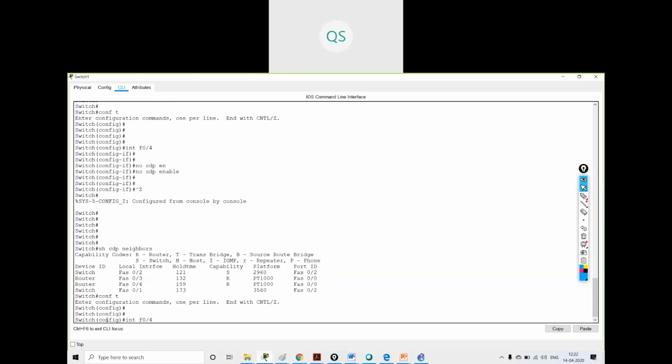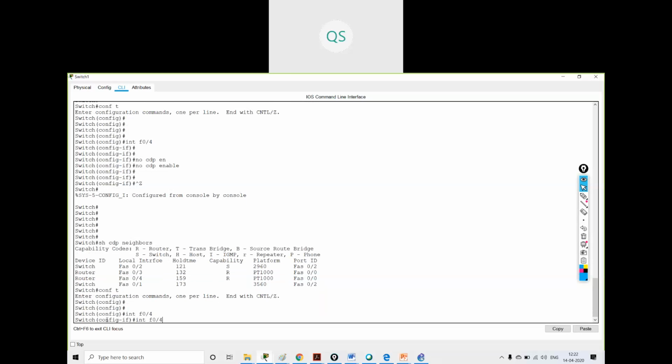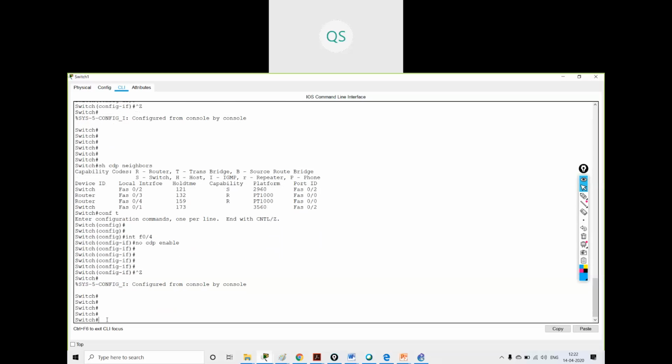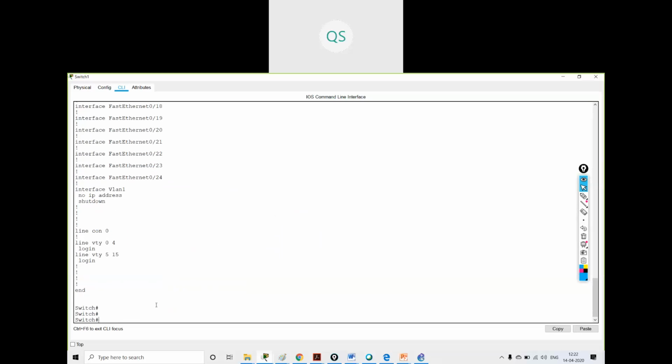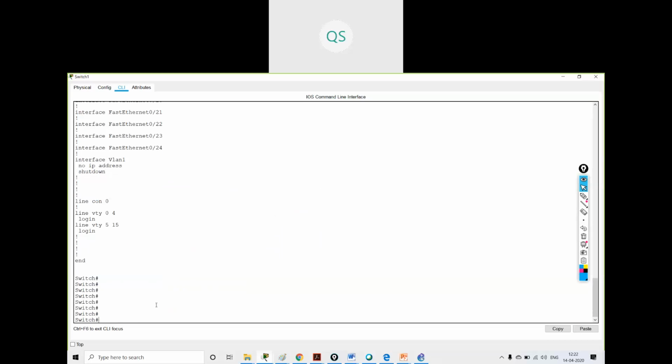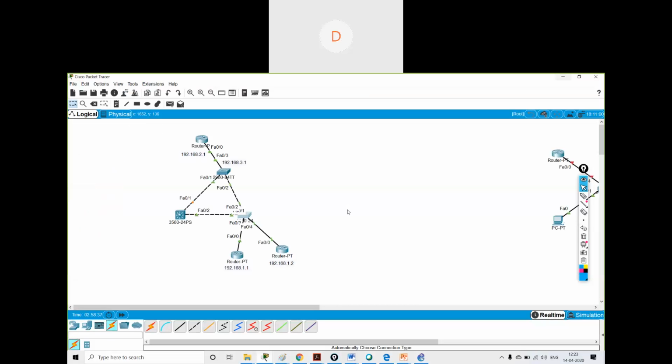Config terminal. The command is over here, no cdp enable, but it is not taking. From the topology, the ISP is connected, right?